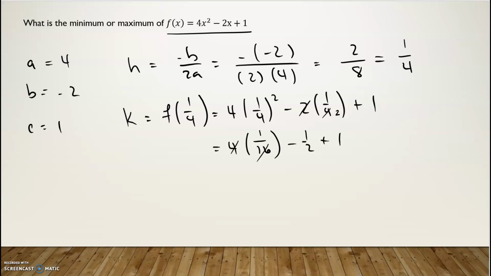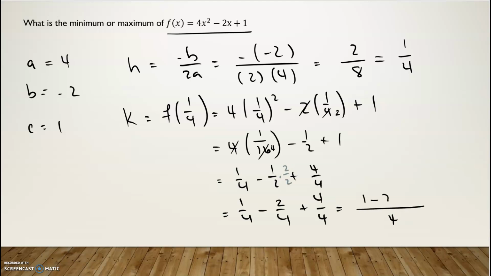Take a 4 out here, take a 4 out here, I'm left with a 4th. So 1/4 minus 1/2 plus 1. Now I need to multiply this one times 2 over 2 to get 4. I'm going to rewrite the 1 as 4 over 4, because any number over itself is still 1. So 1 over 4 minus 2 over 4 plus 4 over 4